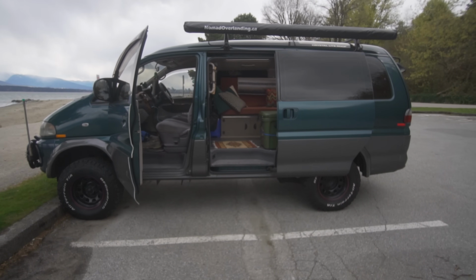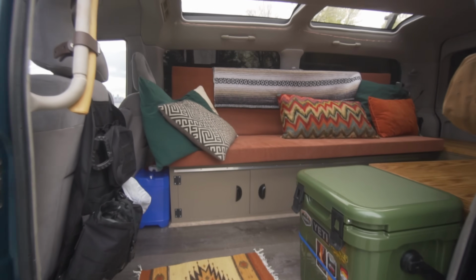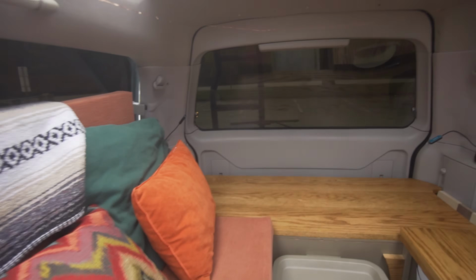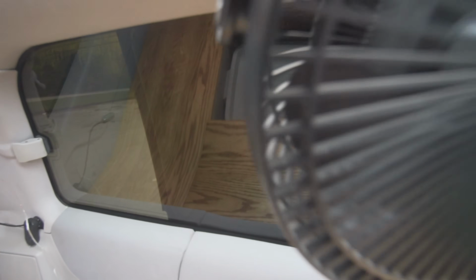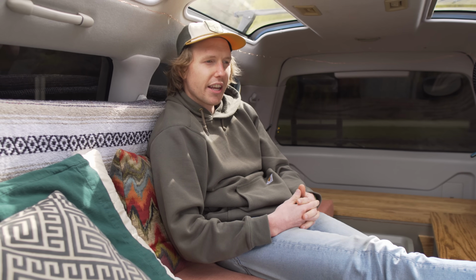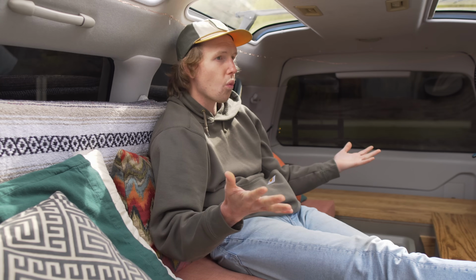The challenge is there'll always be bad days, or blah days, not really bad days, but just meh days. And that's what's gonna happen whether you have a mansion or you live in a Volkswagen Beetle, right? So you take it, and some days are not what you expect, but you just roll with it. I don't have any expectations living in a van. I wake up and I just do